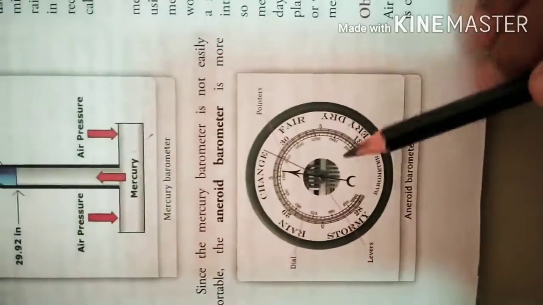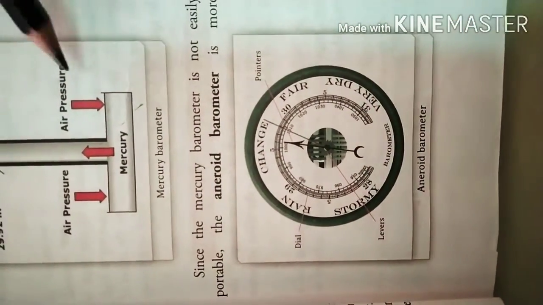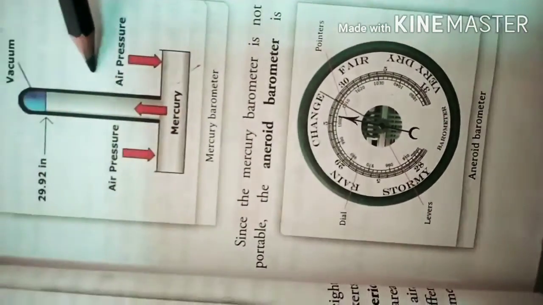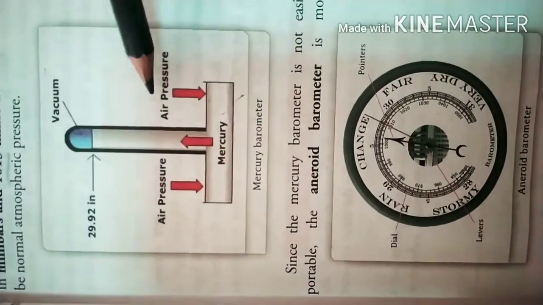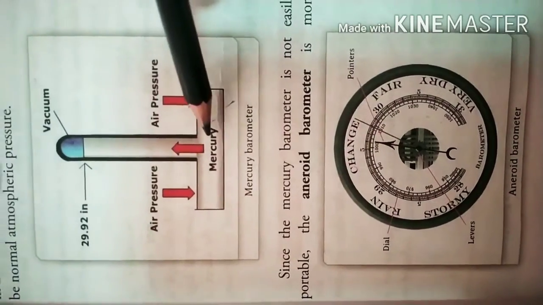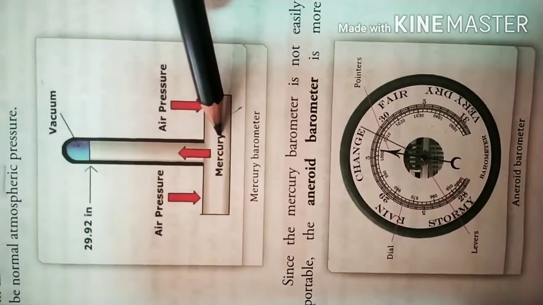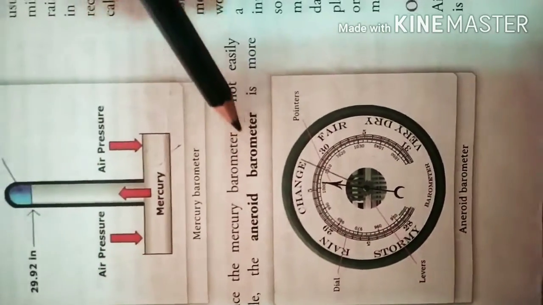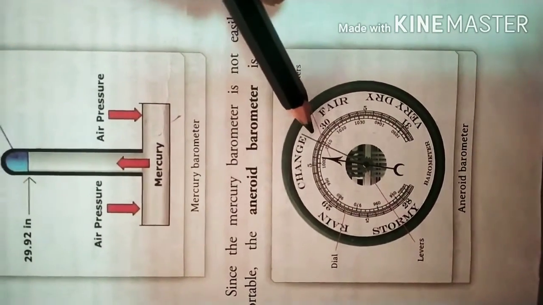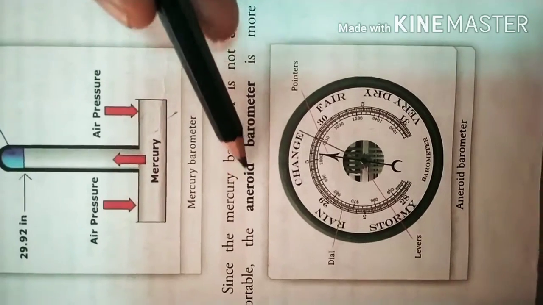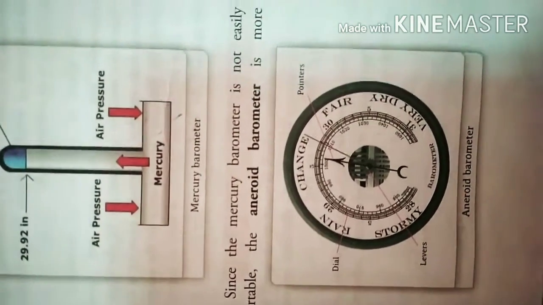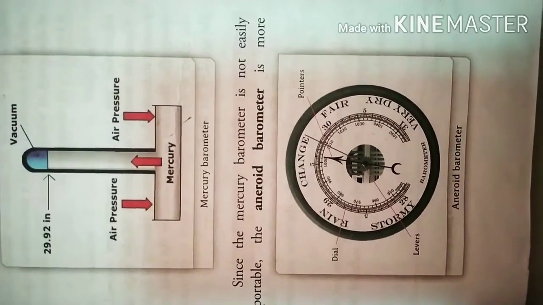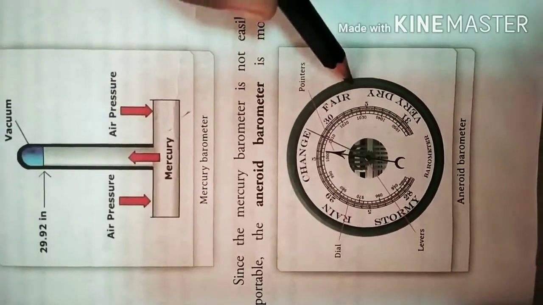The second instrument is the aneroid barometer. Why do we need a second, aneroid barometer? Because the mercury barometer is difficult to carry here and there, and mercury is in liquid form. So scientists invented another instrument to measure the air pressure. The second instrument is the aneroid barometer. You know the blood pressure machine we use to check the blood pressure of our body. This works in the same way.